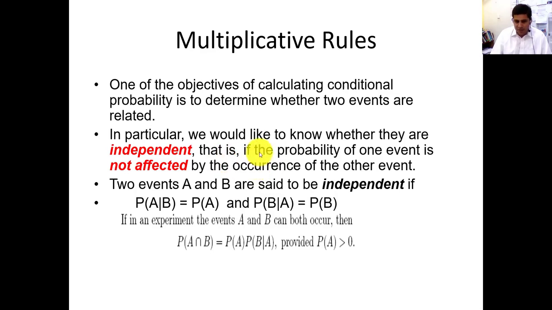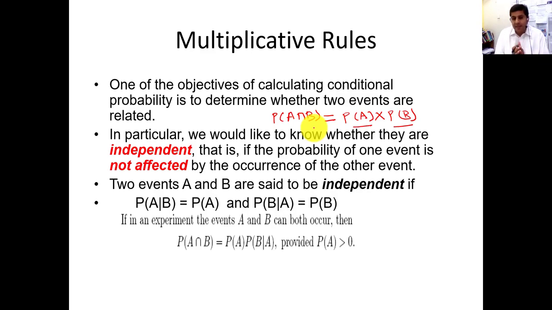So how will we know? In general conditional probability, for example, if two events A and B are independent, then we will write probability of A into probability of B. If this is equal to the multiplication of probability of A and probability of B, if left hand side is equal to right hand side, then we will say that two events are independent. If this side is not equal, it means that two events are not independent, but they depend on one another.